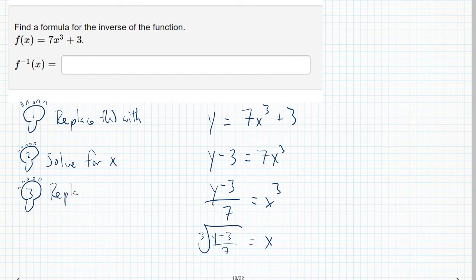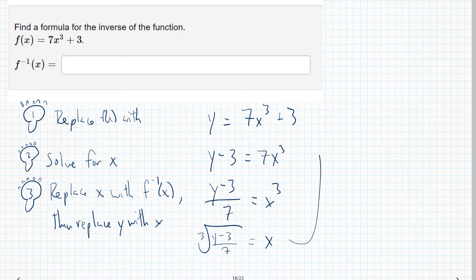We're going to replace x with f inverse of x. Then replace y with x. Okay, so if that's the case,